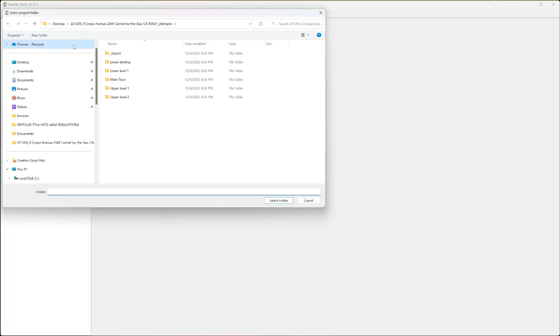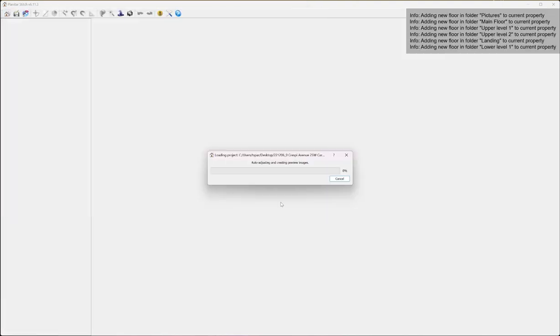Today we're going to go through the process of stitching together a 3D virtual tour that we did using the iGuide IMS-5 system. The first step that I did was I took the thumb drive and put it into my computer and then dragged and dropped the folder onto my desktop. The next step is to launch Stitch, and then from here we're going to browse to the folder and hit select folder. I'm going to try to auto adjust and create the preview images,